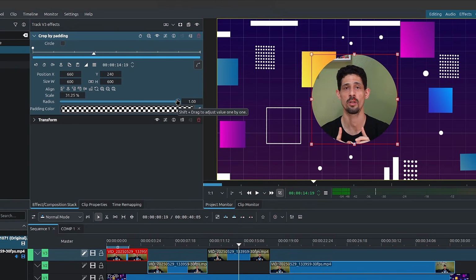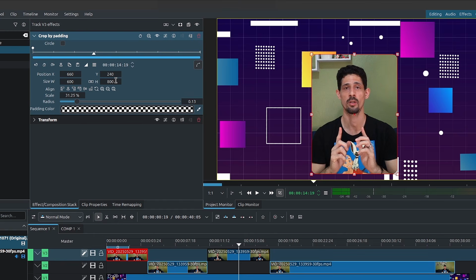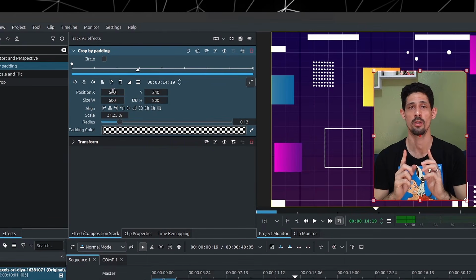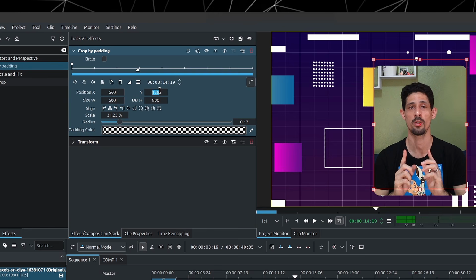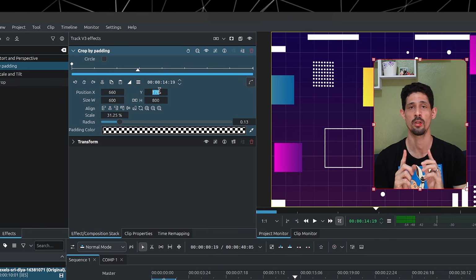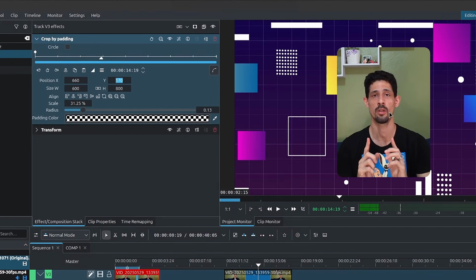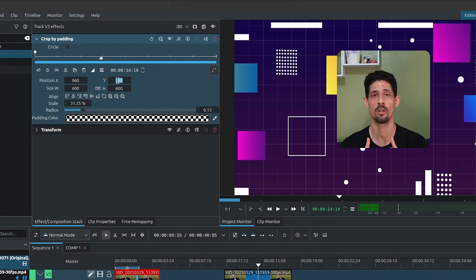Now, in my particular case, I want a square with rounded corners, but if you wanted a rectangle, you could simply increase one of these values for the width or the height. So let's go with height here, and we now have a rectangle. To change the position, you can change it directly inside of the crop by padding using the position, so X and Y. So if I change the Y value here, I'll simply move it up. I'll disable the edit mode so that we don't get these red borders. But as I said, I'm going for a square, so I'll change the height back to 600, and I'll lower